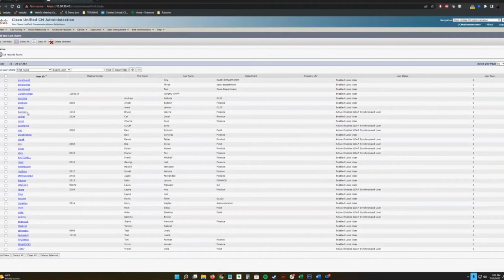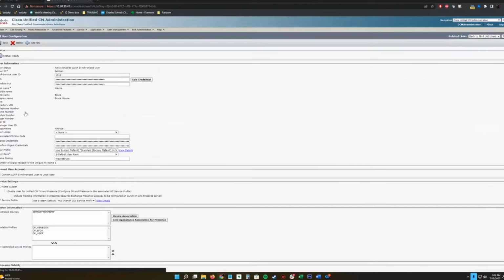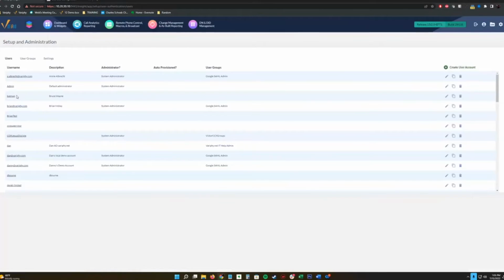So what we can do from a Verify standpoint that relates to your Call Manager end user, we can limit what restricted data visibility that person can see when running a report when they're logged in as their username. As you can see here, we have Bruce Wayne, Batman, that's matching our Verify username here.